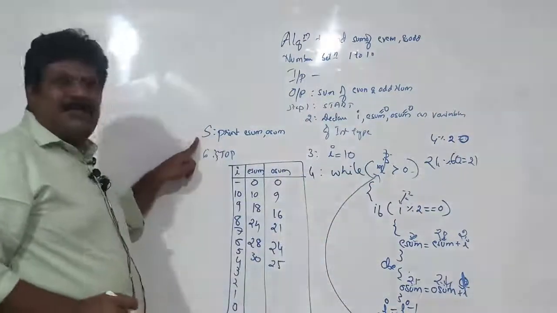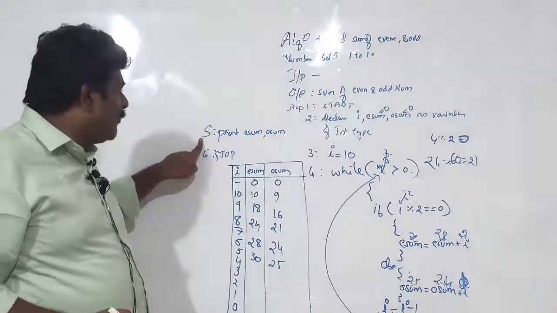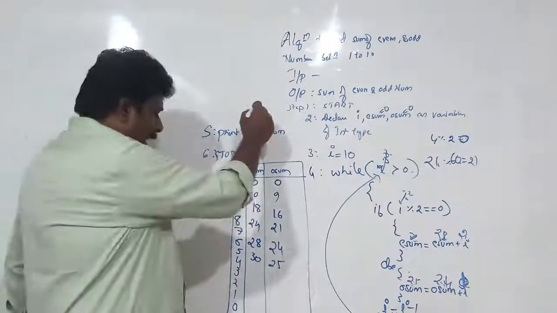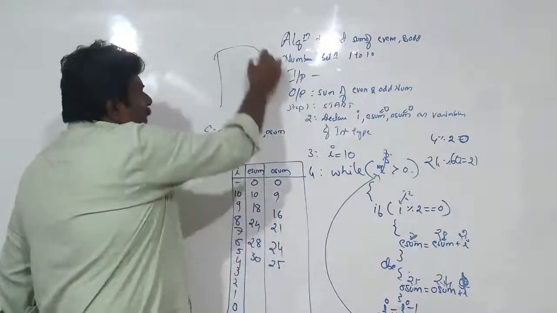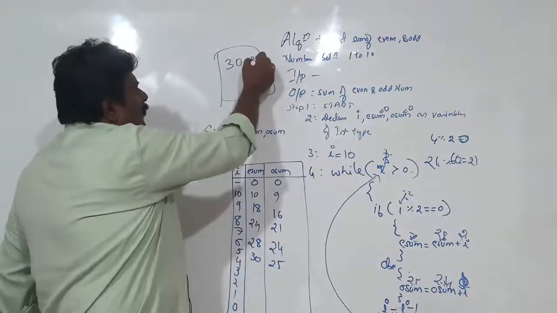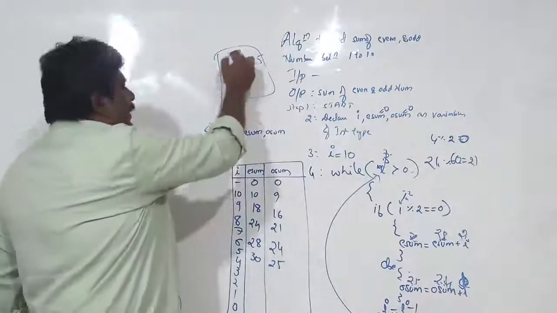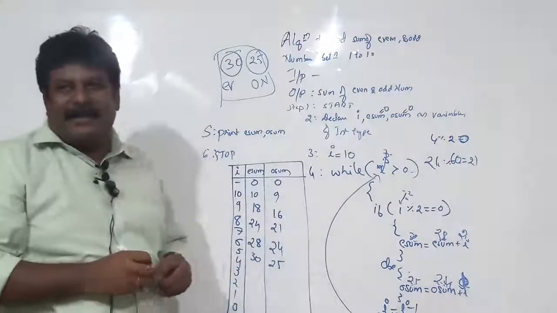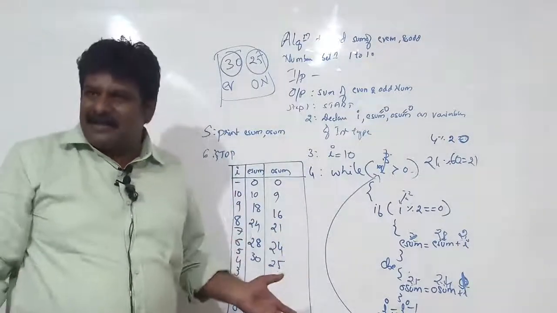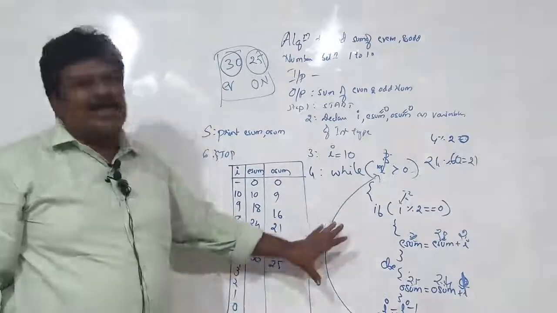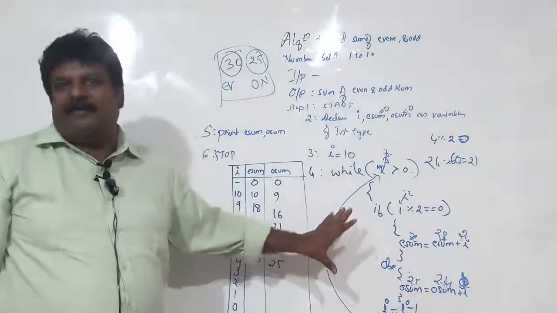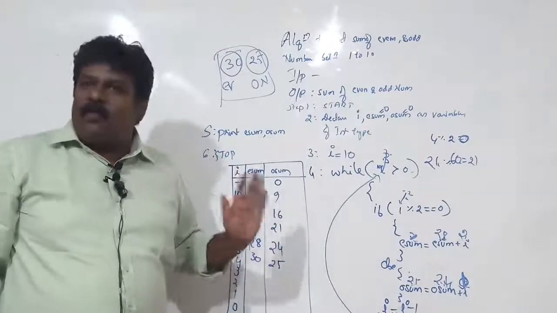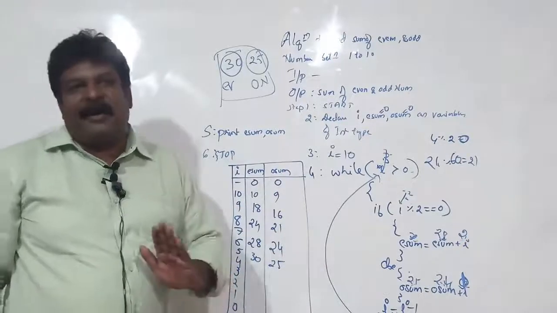Comes to next step. Here what we have? Print esum, osum. What is there in esum? You have output will be 30 and 25. Now 30 is the sum of even numbers, 25 is the sum of odd numbers. This is how we trace an algorithm. Here we have traced an algorithm where we are going to find the sum of even and odd numbers in between 1 and 10, but we have started the counter from 10 to 1 instead of 1 to